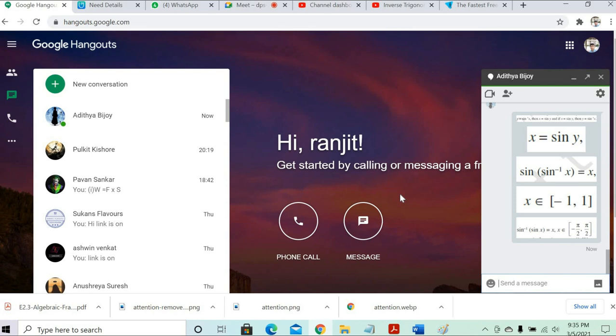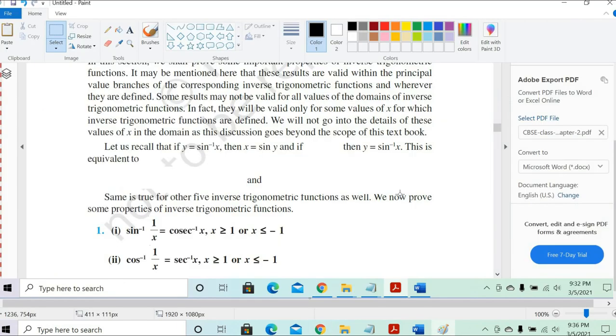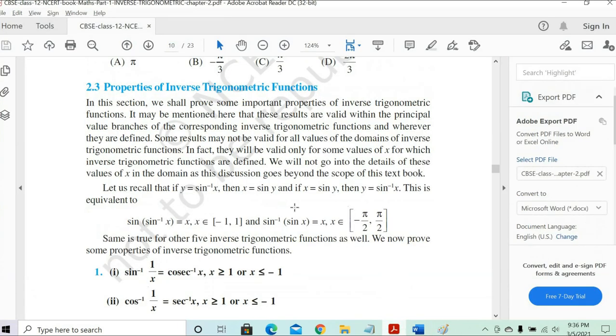Yes, sir. Clear. See, sine inverse x will give you some angle, and sine of any angle will be some value. So the value is given as -1 to 1 in the first case. If it is a sine inverse of sine x, then sine x will definitely give you some value between -1 to 1. The sine inverse of any value will be between -π/2 to π/2 only. Clear? Any questions, any doubt? No, sir. It's all clear. Okay, good.